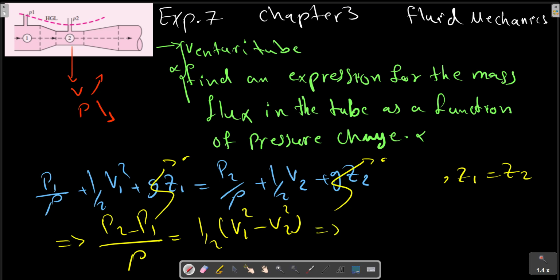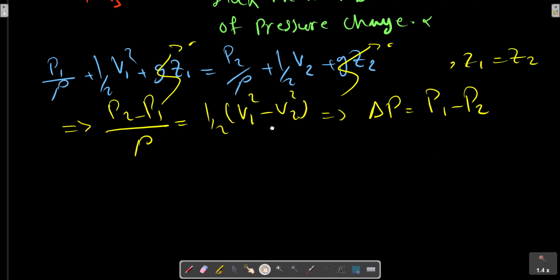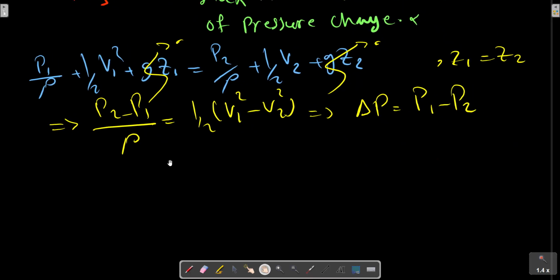So we can write P1 minus P2. If we consider delta P equals to P1 minus P2, we can write the relation of a venturi device as